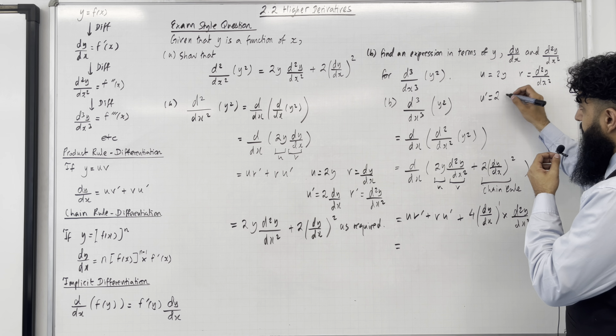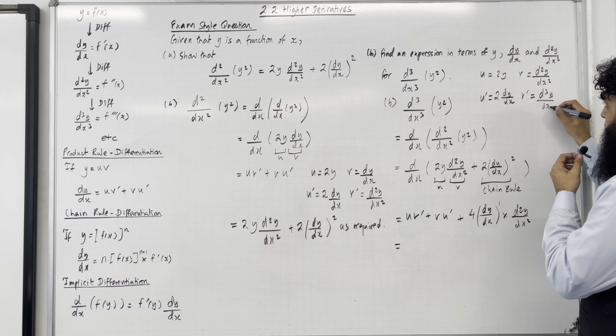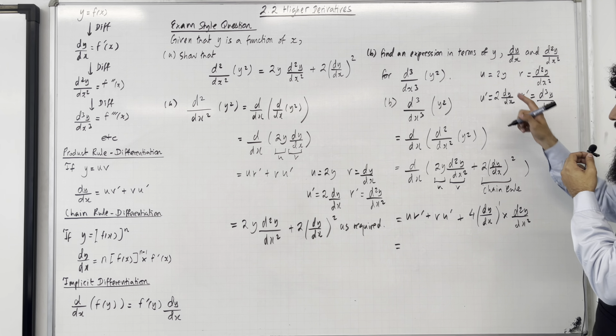The v dash will just be d to the power 3y over dx cubed. So now I can substitute my u, v, u dash, v dash back into here. So u v dash will be 2y multiplied by d to the power 3y over dx cubed, plus v u dash will be d2y over dx squared multiplied by